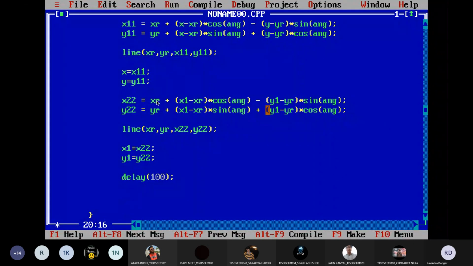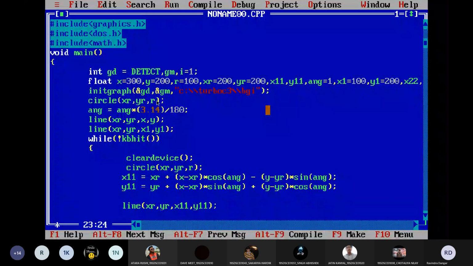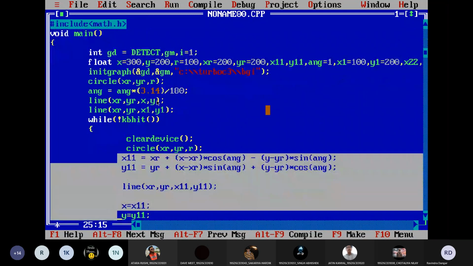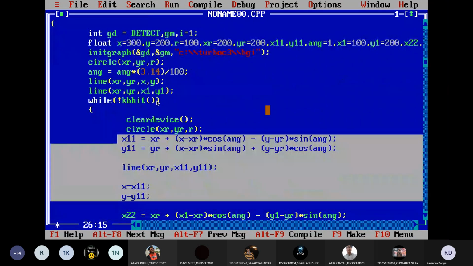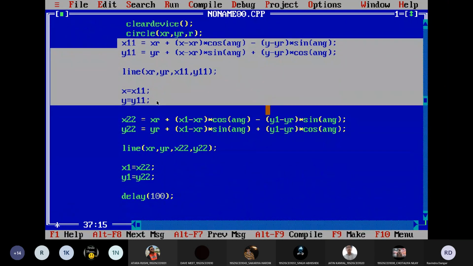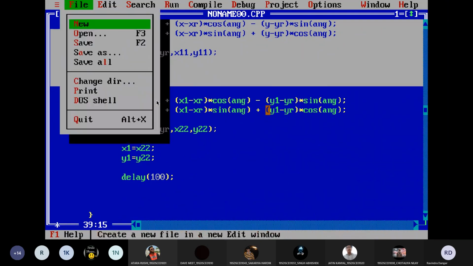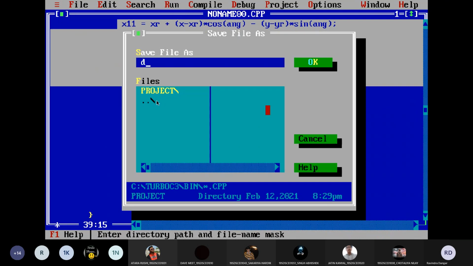Yes sir. The logic is very same. You need to just assign the value here and then perform the same logic. Every time you need to use the same logic. Swap the value. Use the equation to rotate the object at the reference point and assign the value. This is what I have done for 2 points or 2 lines. You can do it for the remaining lines. Let me save this file so that if you cannot do it, we can discuss it later on.